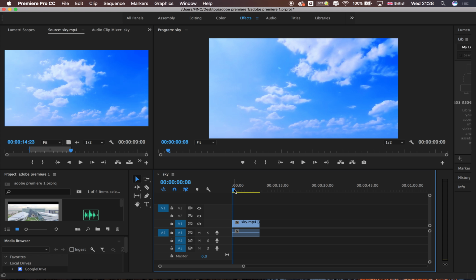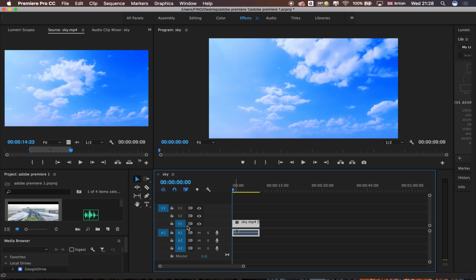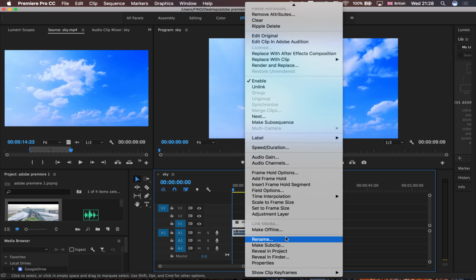But you can't just separate, because if you move, video 1 and video 2 will move together. So to separate the video and audio files, you need to right click and find,